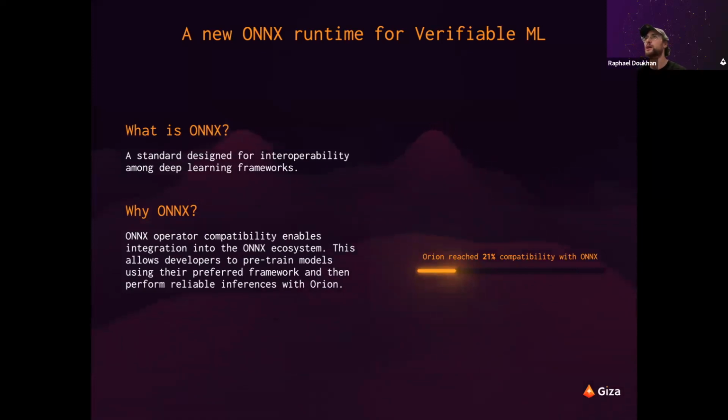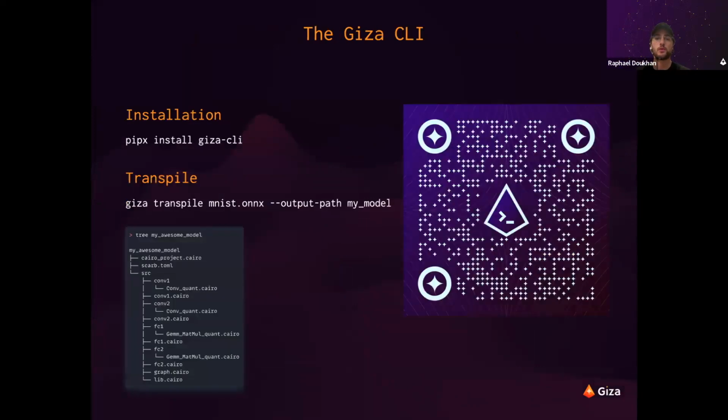Tomorrow I'm going to hack with some contributors on the Einsum to implement Einsum. When Einsum is implemented, we will be able to abstract many operators, many linear function operators, thanks to Einstein summation. So this is for ONNX.